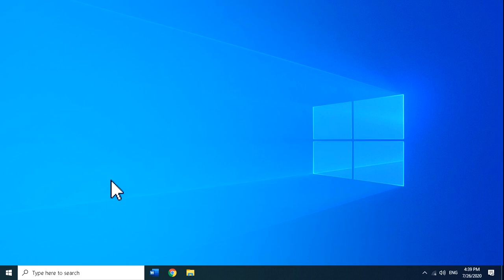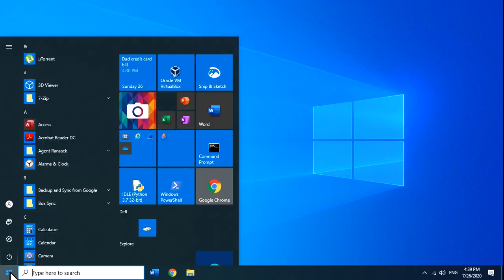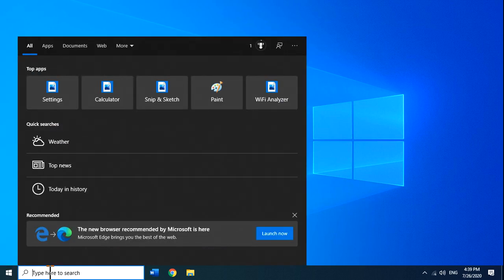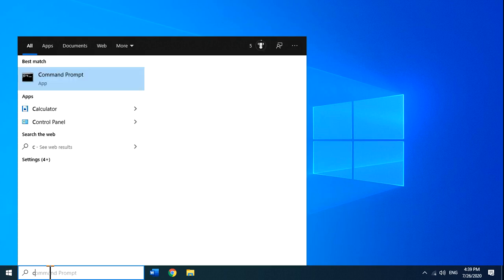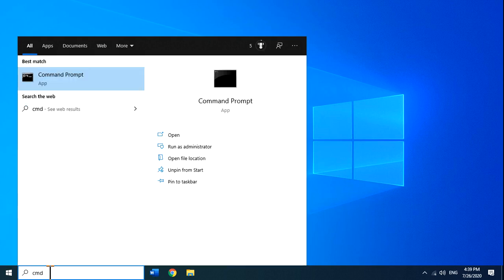So the first thing you want to do is click on the Windows logo icon here on the bottom left, and then just click in the type here to search box directly and type CMD, which is the name for the command prompt. Then open the command prompt just normally, like a standard user. You don't have to run the command prompt as administrator to do this. So I would just click on open,